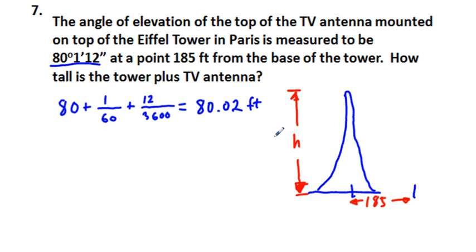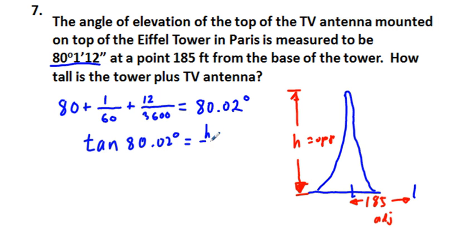And again, we have an opposite that we're trying to find out, and we have an adjacent that we already know. So what ratio is the best for this? Well, tangent. Look how often tangent is used. I had the units messed up, didn't I? I said 80.02 feet. That's not feet, is it? It's degrees. So tangent of 80.02 degrees is equal to our height over 185,